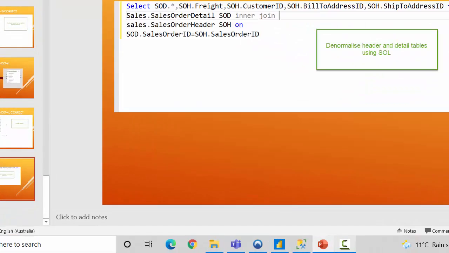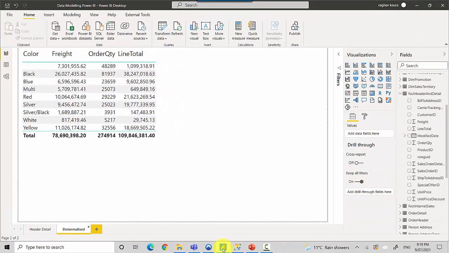So in this video we've essentially covered that if you're coming from a normalized schema and you've got an order header and detail relationship, you need to denormalize it and build a fact table, and then you will not have any problem with the values getting filtered correctly.